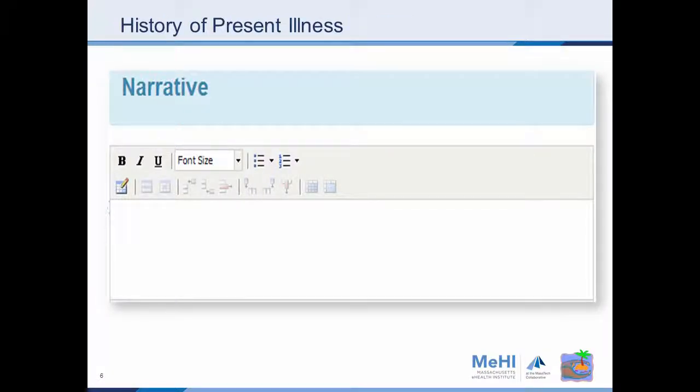History of present illness. Again, just a free text box. This is where you can summarize the care that you gave. This is what we've done. This is also, if you're doing an SBAR, an Interact SBAR, do you guys use the Interact SBAR? Yeah. Right. So if you want to do the Interact SBAR using this, you could, in the history of present